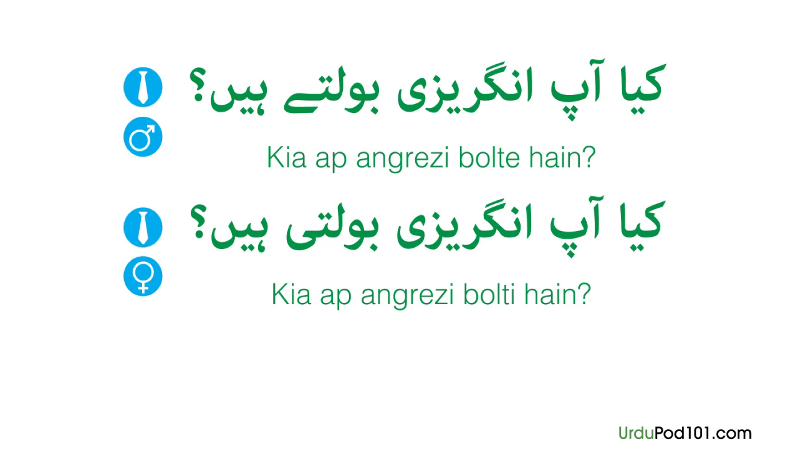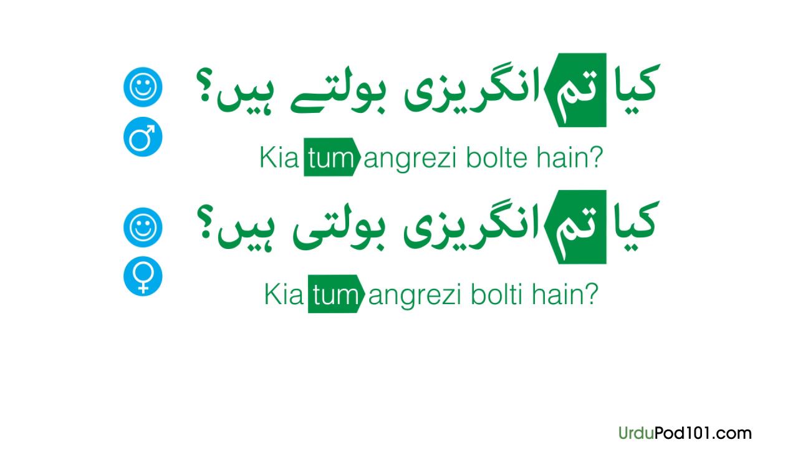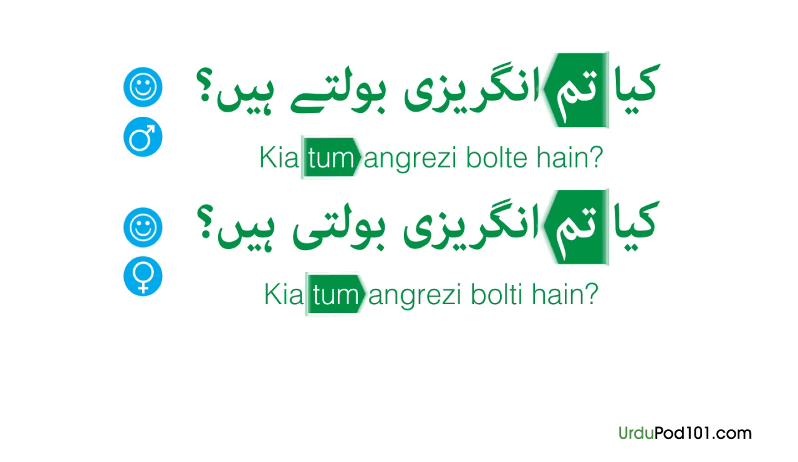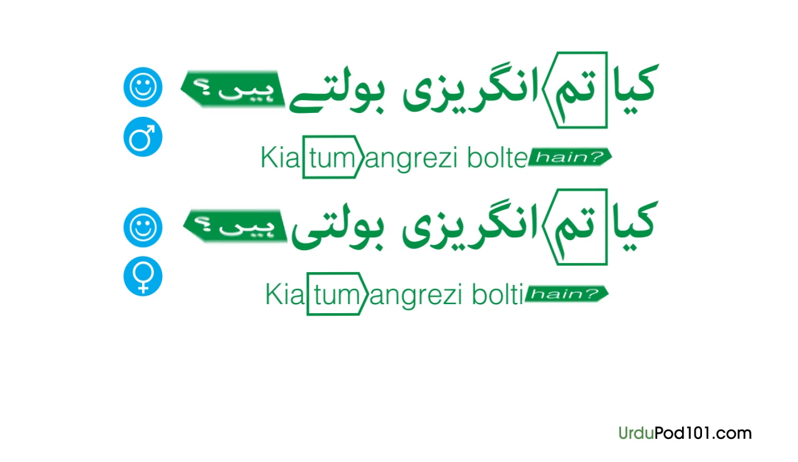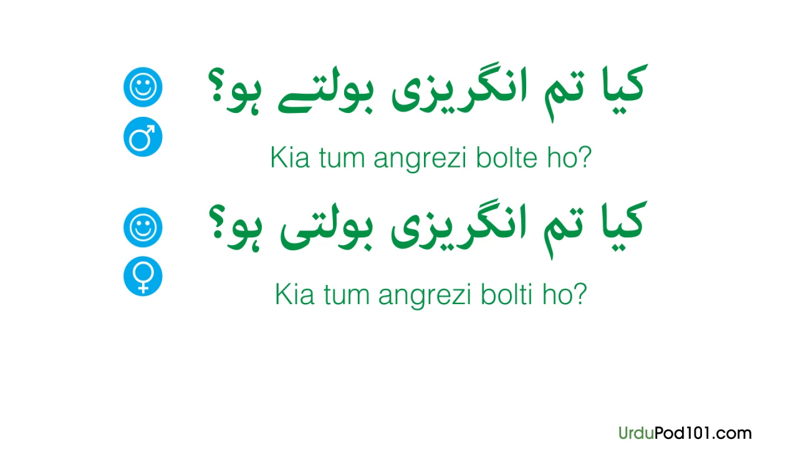Now let's make this sentence informal. First, we need to use the informal version of you, which is तुम. If we change the word for you, we will also change the sentence ending particle to हो. Everything else stays the same. When speaking to younger people, it's acceptable to use this informal form, in which case you will say, क्या तुम